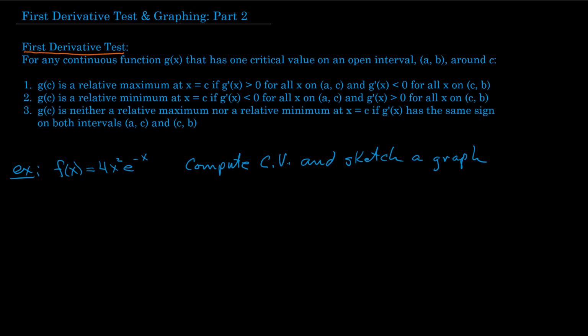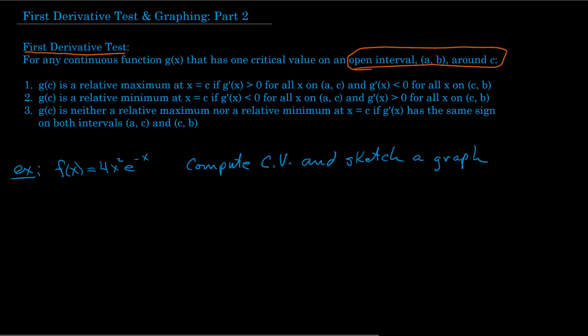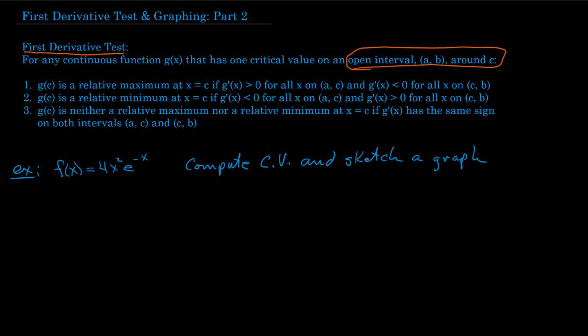The first derivative test essentially says if you have a continuous function, and it needs to be a continuous function on an open interval around some point that we're interested in, then it has a critical value if one of the following happens. The first thing that can happen is